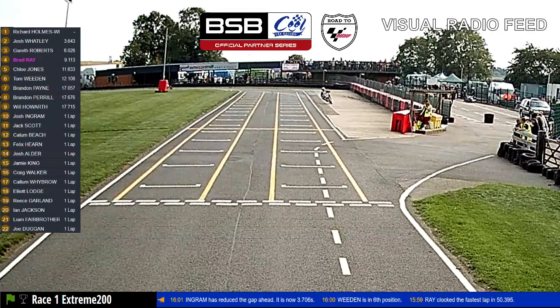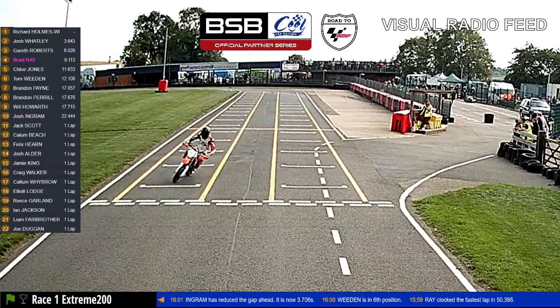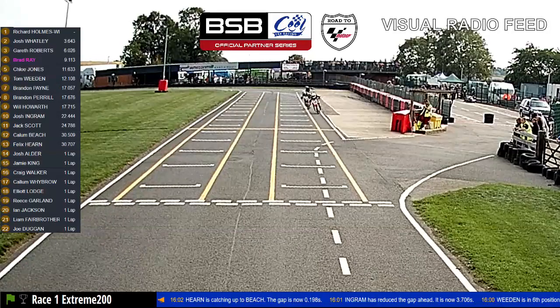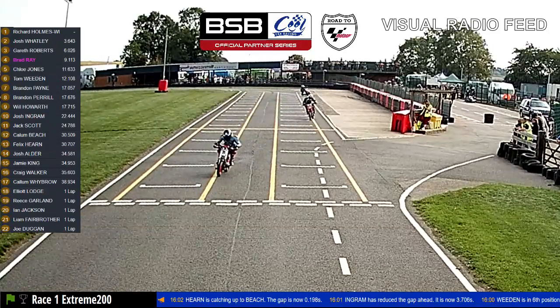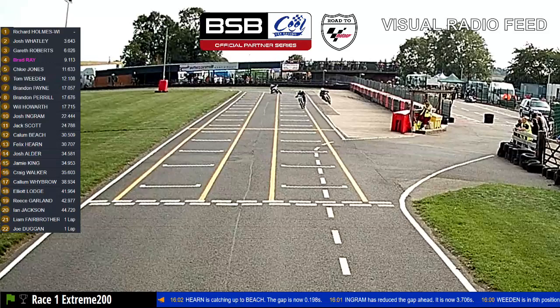A lap and a half left to go over the line. It's also been extremely close between Brandon Payne and Brandon Perrill, 7th and 8th. They've been fighting all over the course of the race, but Will Howarth really being stopped now by the yellow Perrill, the 146. One of the most consistent entrants in the Cool Fab Championships. Up the inside goes Will Howarth, has a cheeky look but can't quite make it work. So as they make their way through 7 and 8, they are still fighting tooth and nail, but we are